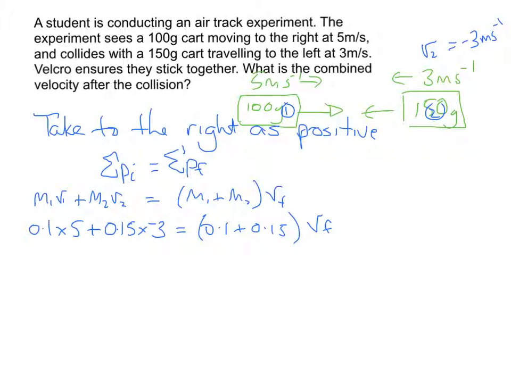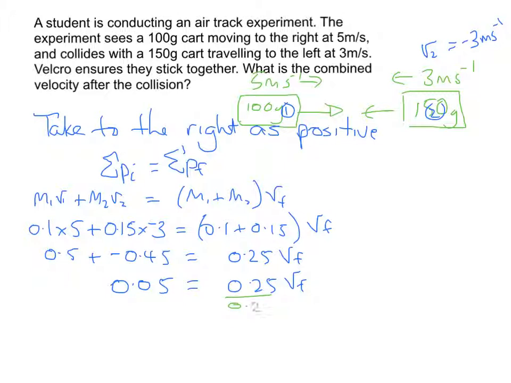Okay, let's work a few of these things out. 0.1 times 5 is 0.5, plus 0.15 times -3 is -0.45. And that will be equal to 0.25 times by the final velocity. Working out the left-hand side here, 0.5 plus a -0.45 is the same as taking away 0.45, so we end up with 0.05 is equal to 0.25 by the final velocity. We're now going to divide both sides by 0.25, and that will give us a final velocity of